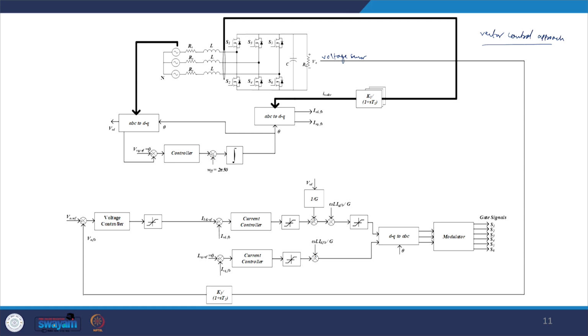Then we go through the voltage controller. We already know how we can design the parameters of the voltage controller. After that, the limit, to ensure how much maximum current can flow in the circuit, will define my ISD reference, and then I take the ISD feedback and have the current controller. Again we know how to calculate the current controller parameters, assuming a conventional PI controller, then the limit and then the feed forward term, nothing but VSD by G, and then minus omega L ISQ feedback by G. Similarly in the ISQ loop, we make the ISQ reference equal to 0.